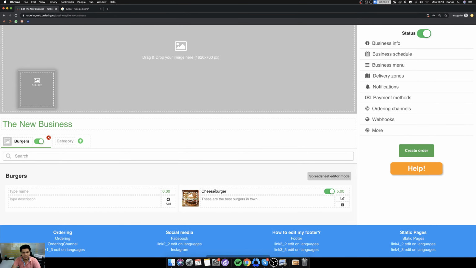Now we have to add a delivery zone. This delivery zone is in order to let the business know that the customer is inside the area that this store is working on, right? So let's add it, the new business delivery